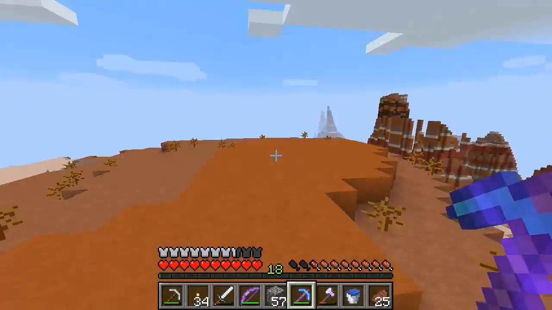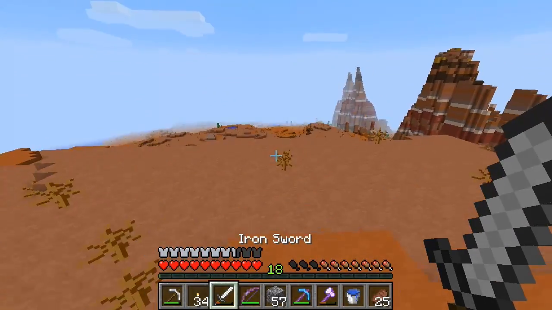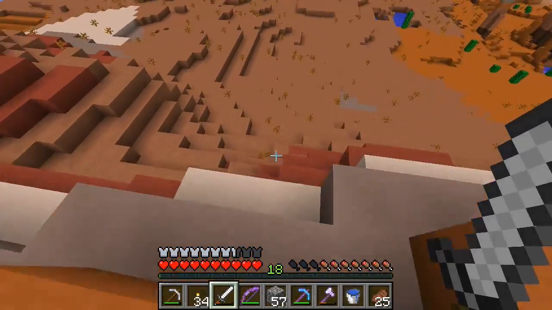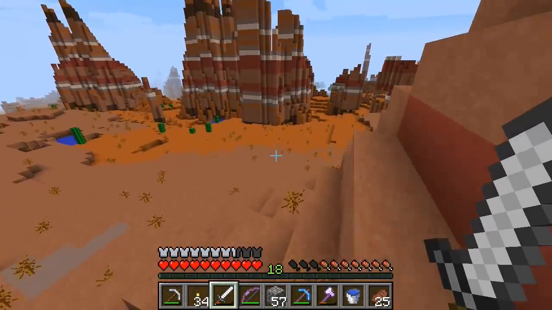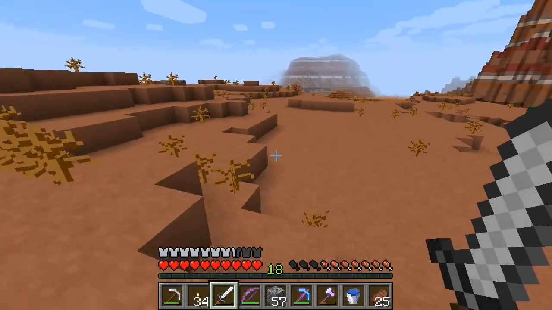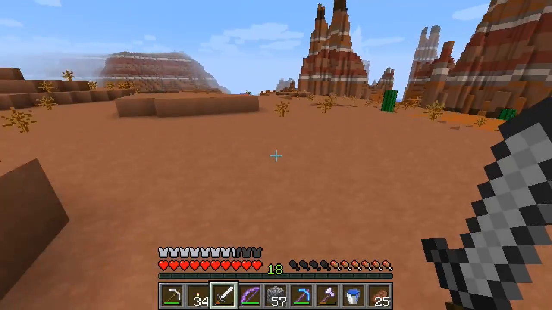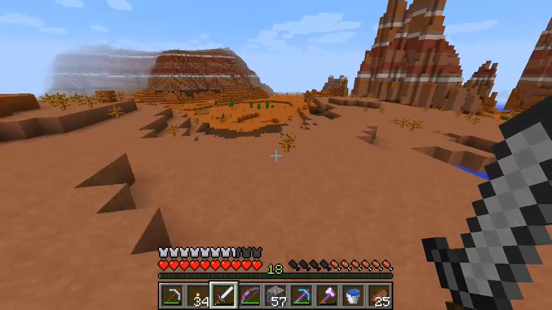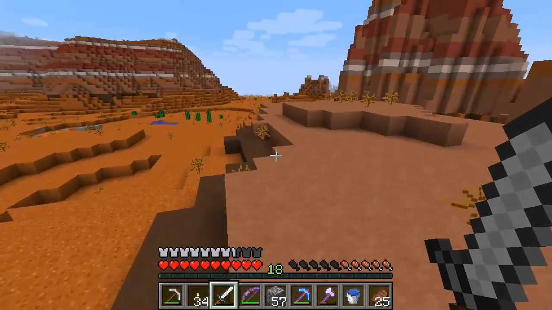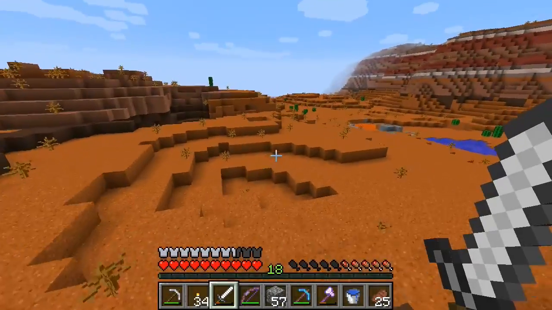Because I just get distracted too easily. Let me just go and check out what I wanted to see, because it looked awesome from a distance. Little carved out cave. But it's interesting. That's probably one of the best changes in 1.8, fixing the way caves generate in mesas and deserts so that it actually carves out a proper...